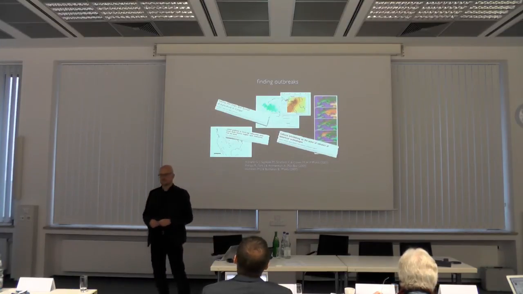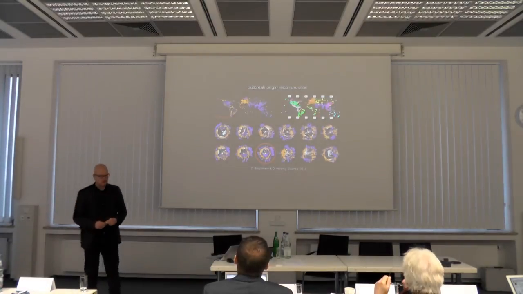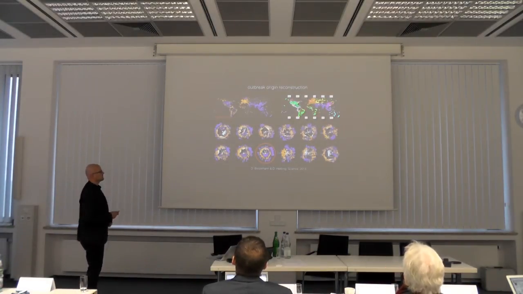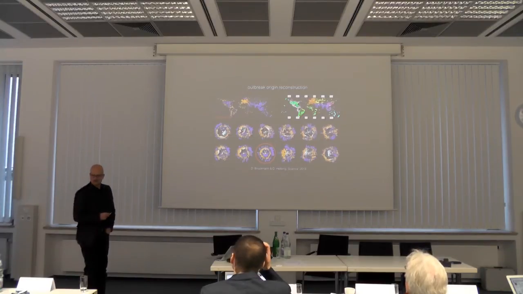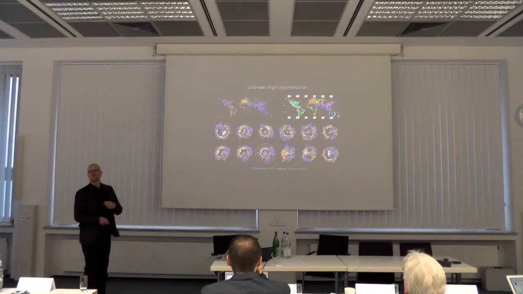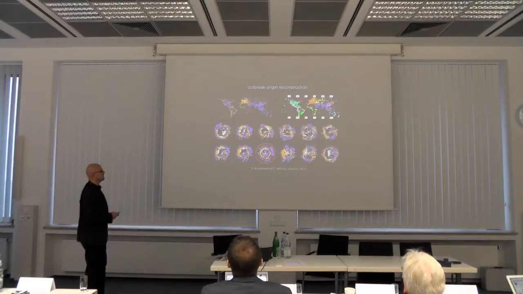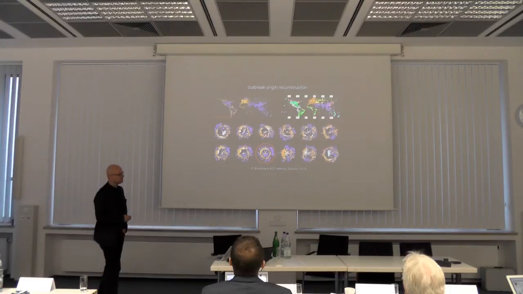So we can use this actually to do outbreak reconstruction. Let's assume we have a spreading phenomenon at a given point in time. It looks like this, okay? Orange dots is where a disease is prevalent at the moment or has a high incidence pattern. And let's assume we have a bunch of potential candidate outbreak locations, 12 of them here.